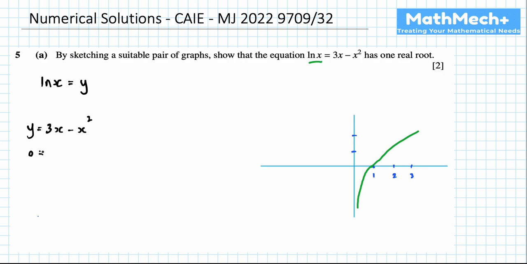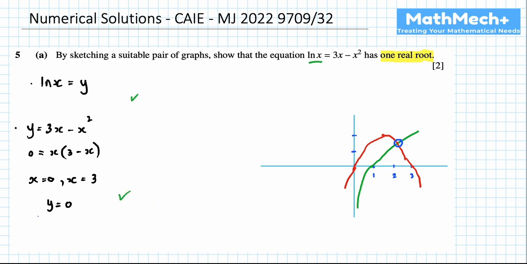Our second equation, y equals 3x minus x squared, we find our x values. So it crosses the x-axis at 3 and 0, and of course it goes through y at 0 as well. So our quadratic, which is negative, wonderful drawing as usual for me there, and we can see there's one intersection. So one intersection means one real root. And so we've shown that there with our graph